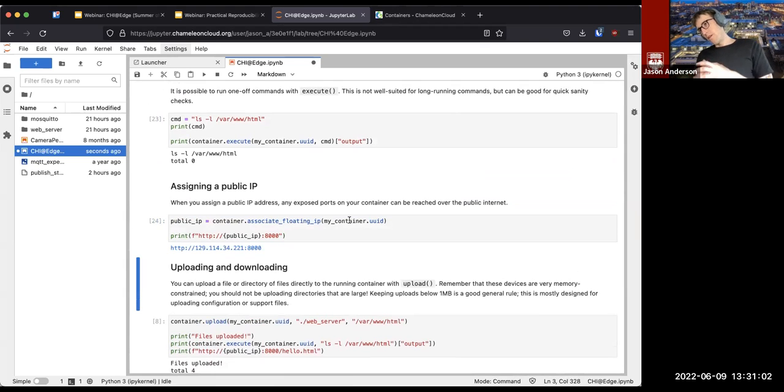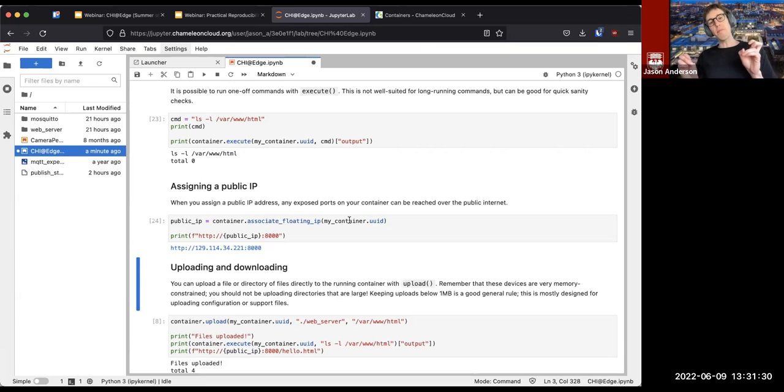So in the back of your mind, remember where this device is. It could be anywhere in the world. You don't even have to have publicly addressable IPs on all these devices. They can be behind firewalls. They can be behind NATs. But the testbed has the ability to make them addressable if you wish. So we've